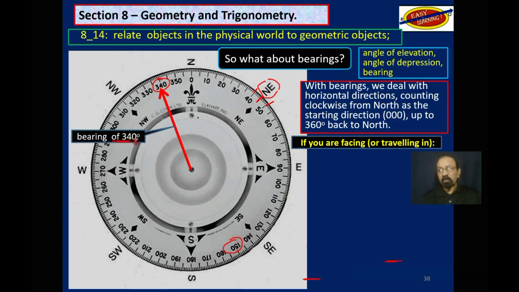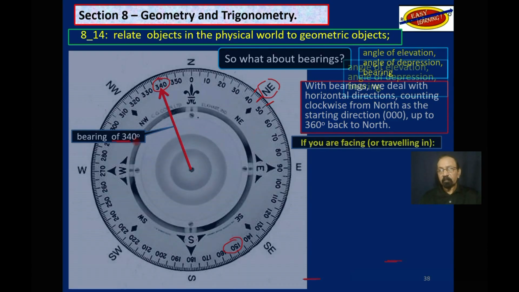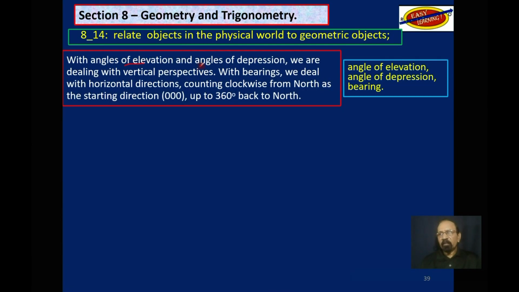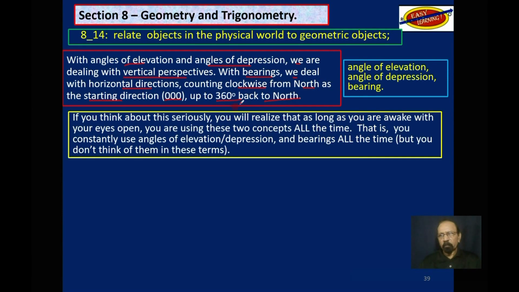It is 340 degrees. Now, with angles of elevation and angles of depression, we are dealing with vertical perspective. With bearings, we deal with horizontal directions, counting clockwise from north as the starting direction, which is 000 degrees, up to 360 back to north. We said that before. Now, if you think about this seriously,